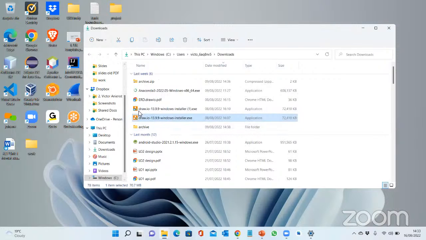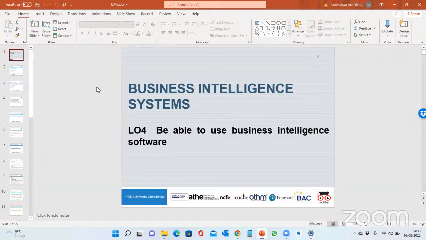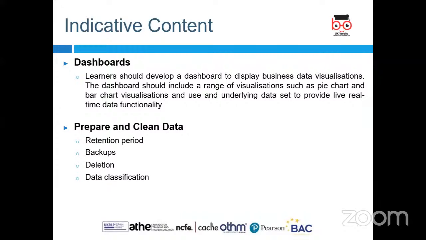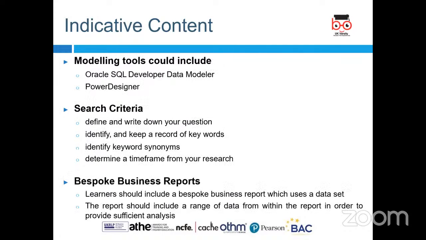Okay. Anyway, what I was trying to show is that this app allows us to do some modeling as well, instead of using Power Design. We could use draw.io, which allows us to create entity relationship ERD diagrams, such as the way the guy on the video was creating it. So Draw.io is free and open source, which can be downloaded and run. And we can now make some modeling, which will be useful